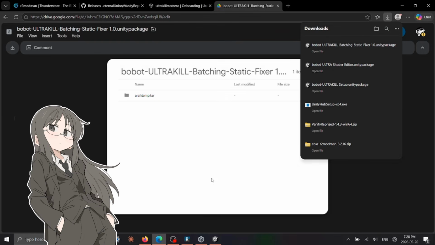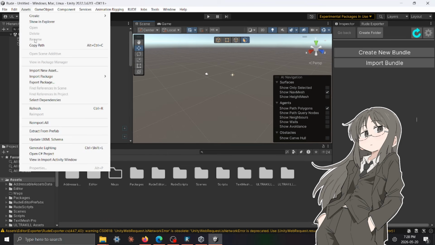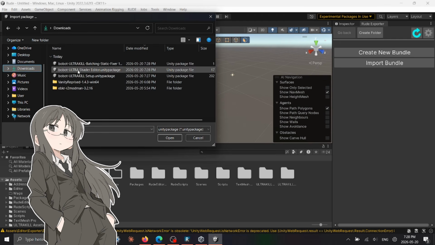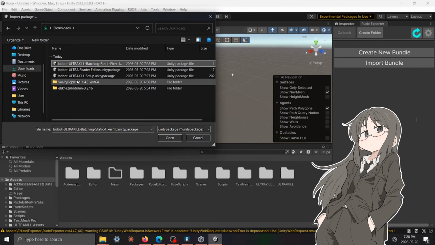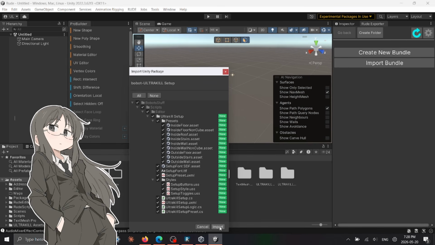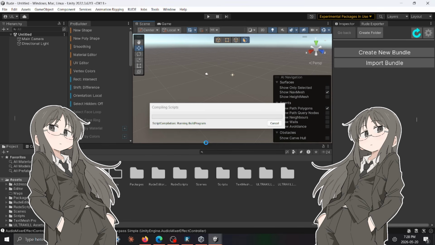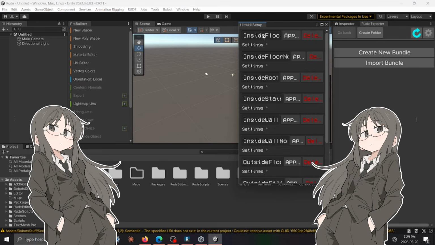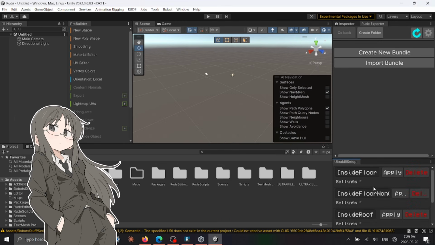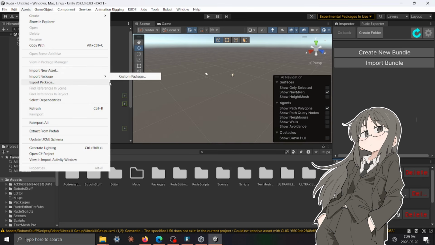These are Unity packages, and you import Unity packages in Unity by clicking Assets, Import Package, Custom Package, and then you just select them. Start with AlterKill Setup. Yeah, all these should be selected. Just click Import, and then wait. And open this with the setup here. I'll go over a bit more about how to use this one later on, but it's very helpful. Then go Assets, Import Package again.